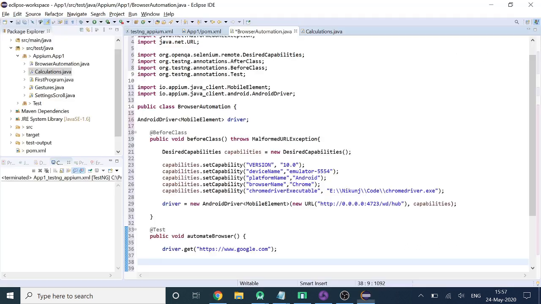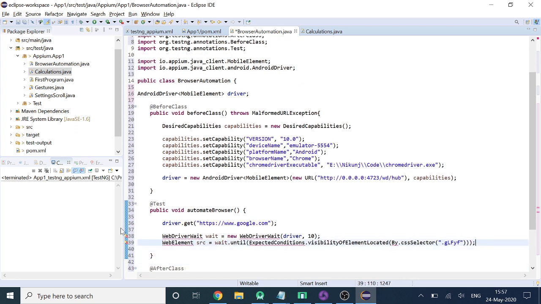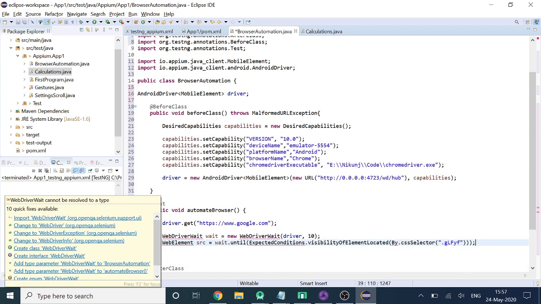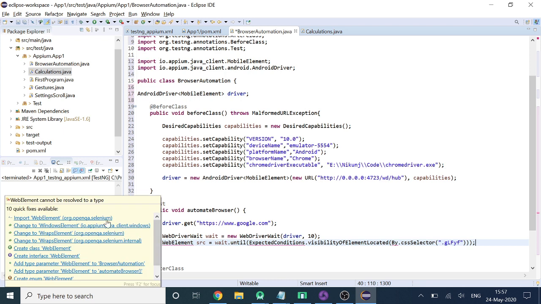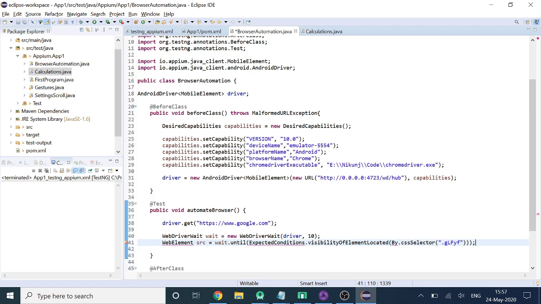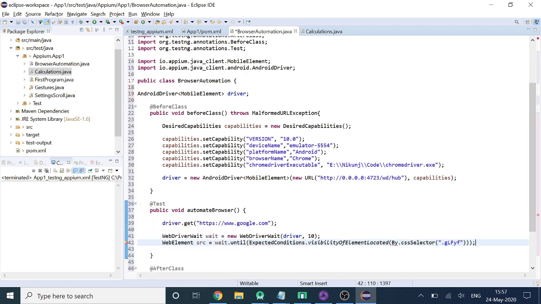this element. So I'm going to write these two statements: WebDriverWait, we are going to use WebElement itself because it is a web app, and I'm using explicit wait, so ExpectedConditions. Now I am using By.cssSelector.